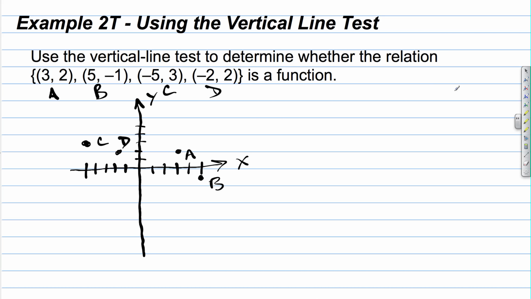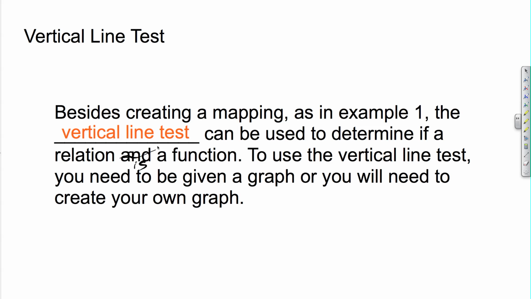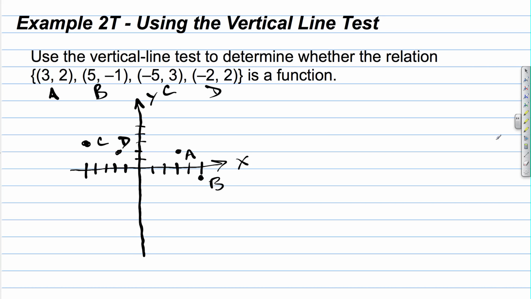Now, if you're not sure what the vertical line test is, let's go back for a second. To use the vertical line test, you need to be given a graph, or you need to make your own graph. So what we're going to do is use a vertical line, a line that goes up and down, to determine if this is a function. And what this vertical line does is imply a one-to-one correspondence, that each x value is paired with only one